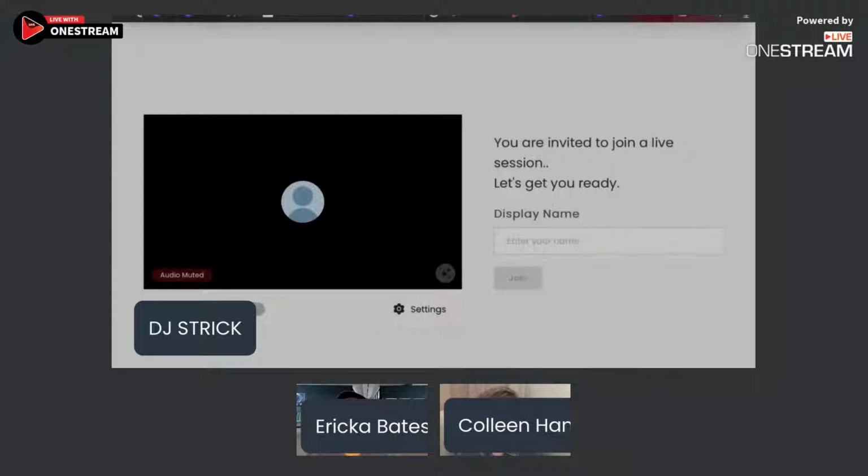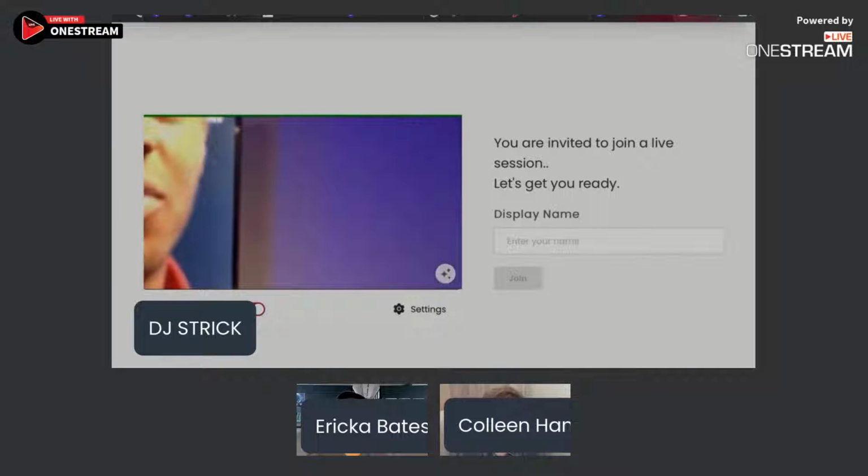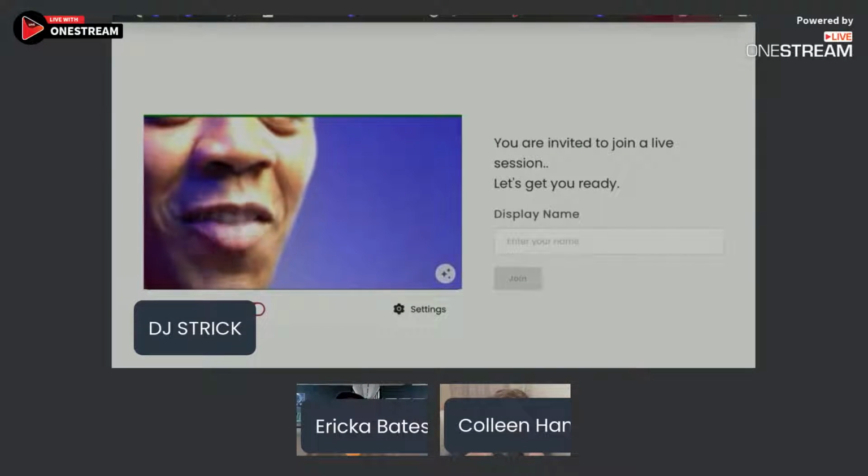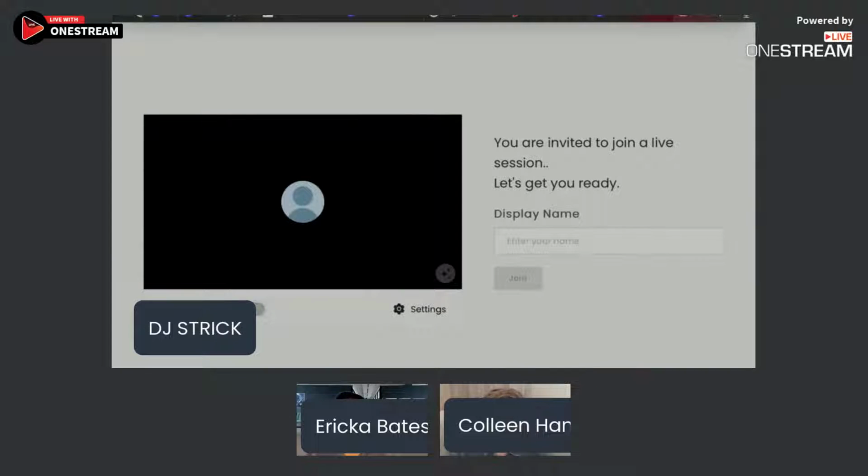So once they click the link, they got to this particular screen. On this screen, it allows them to see their microphone they're using and their camera. Both of these are turned off right now, but I can easily turn them on. I'm using my iPad here in the studio, and I can easily turn those features on. Definitely the camera, and you see me. I'm turning it off because I don't have it set where you get the best picture of me, but there it is. And okay, so you're invited to join a live session.